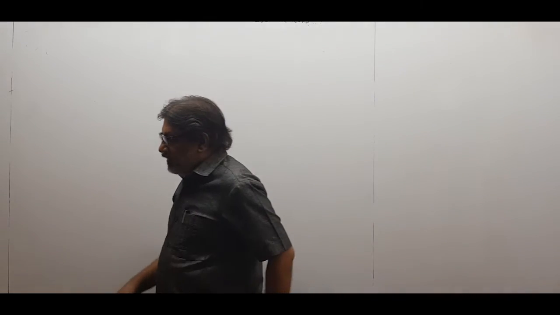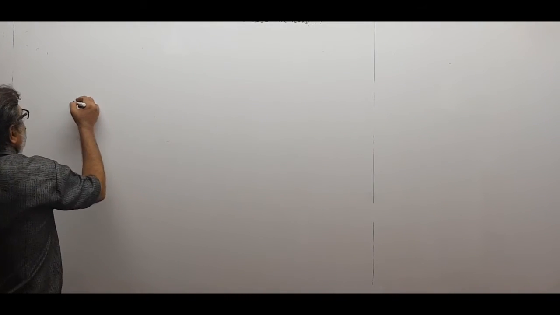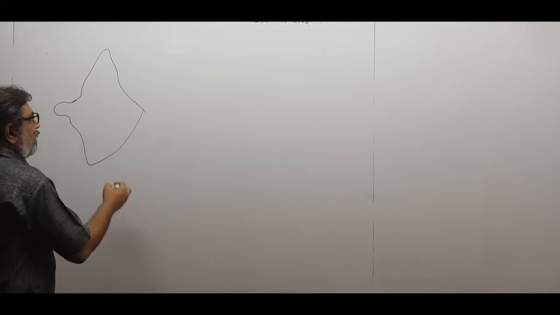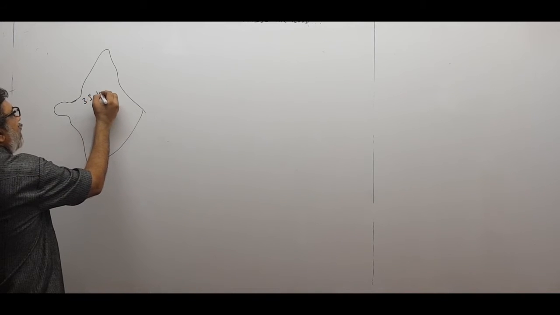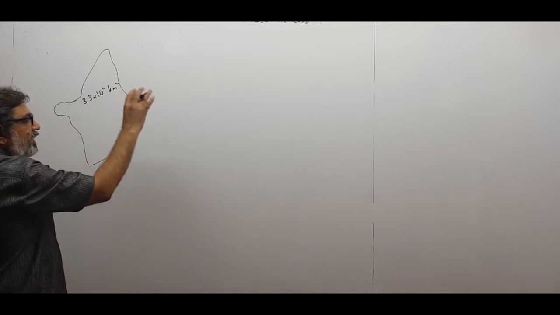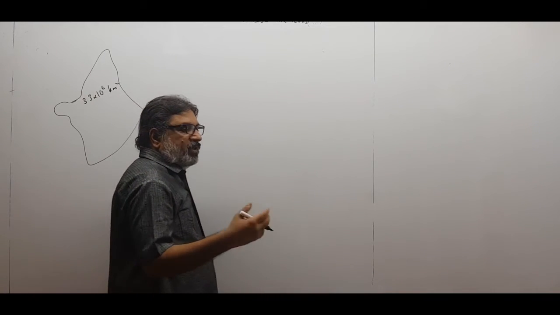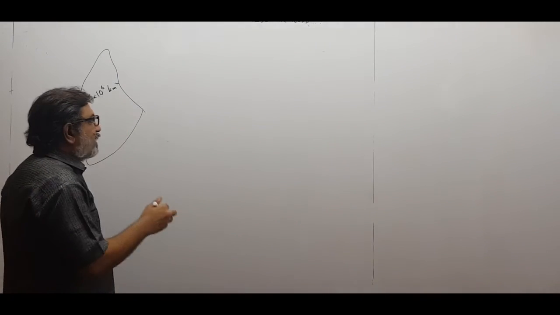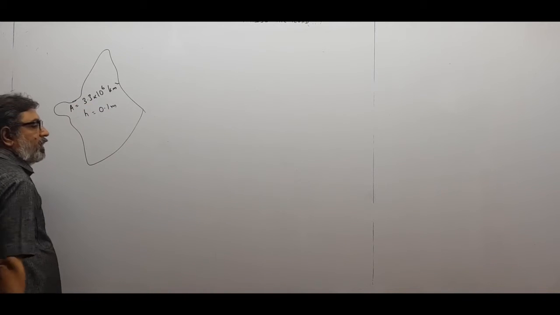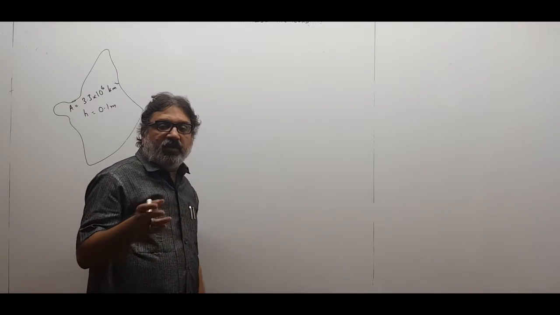So we actually want to know the mass of rainwater falling all over the country in the rainy season. Children, assume that this is our country, like this is our India. I am just making a rough sketch. Its area is 3.3 million square kilometers, and supposing on this total area the average rainfall is, we know, 10 centimeter. So the height is 0.1 meter, and this is the area. So I can come to know the volume of water falling.